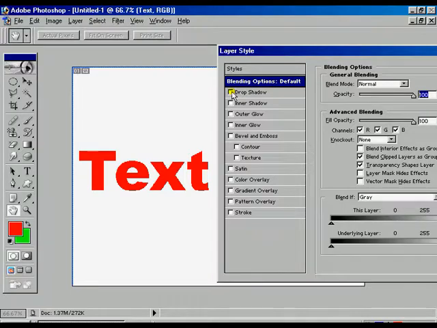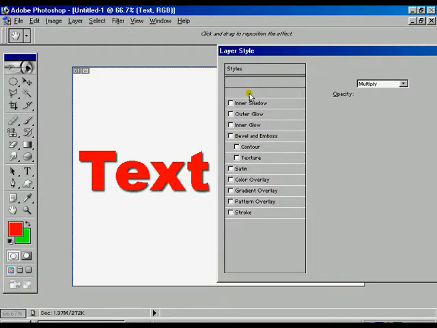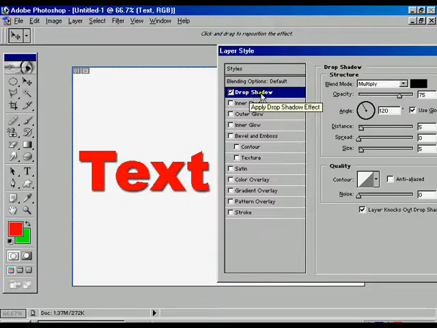Now the first option is drop shadow. Just click on it. Now the shadow is occurring and we can see it, but you have to select the drop shadow once again, and we can adjust all the options provided for that drop shadow.